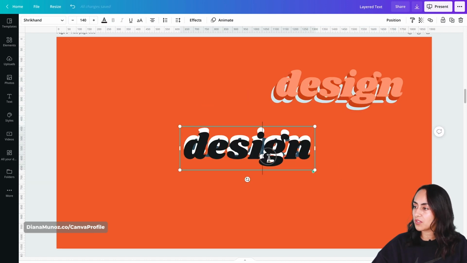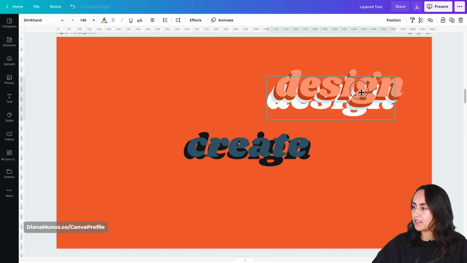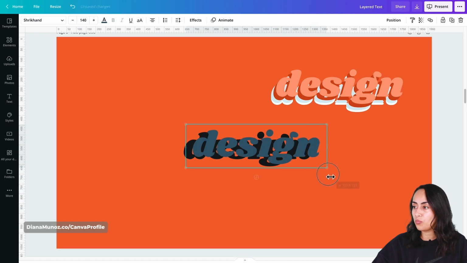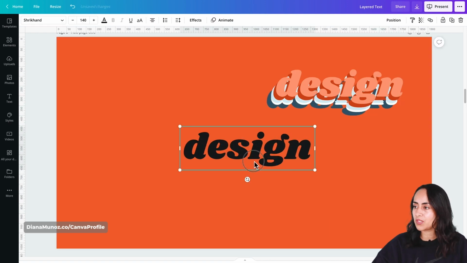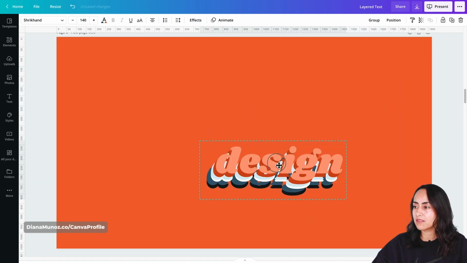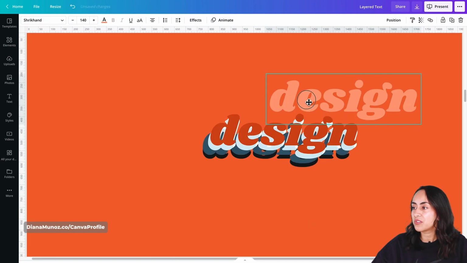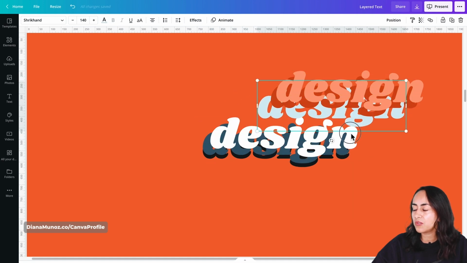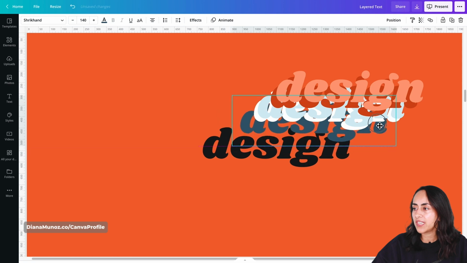So you can position your layers to the side. You don't have to be very precise right now, but I will suggest that you go back and check the distance between each layer so your design looks very sleek. In this case, because I just position each layer like this without paying attention to them, they look very disorganized.